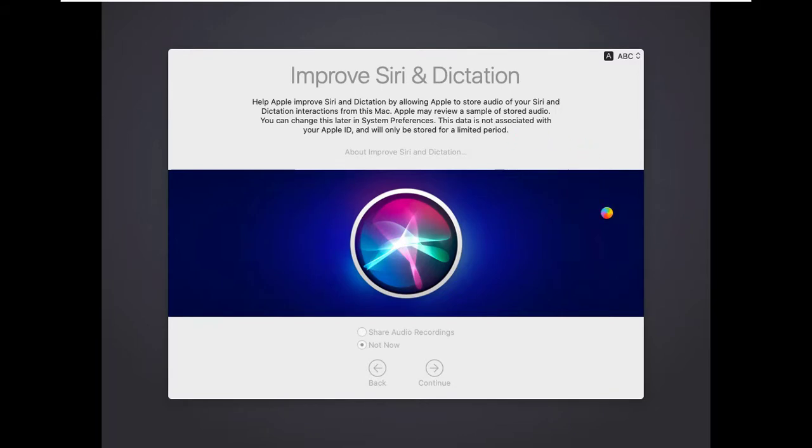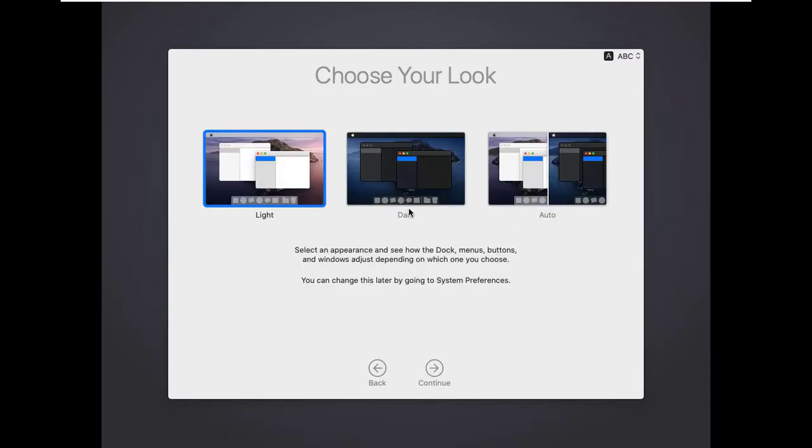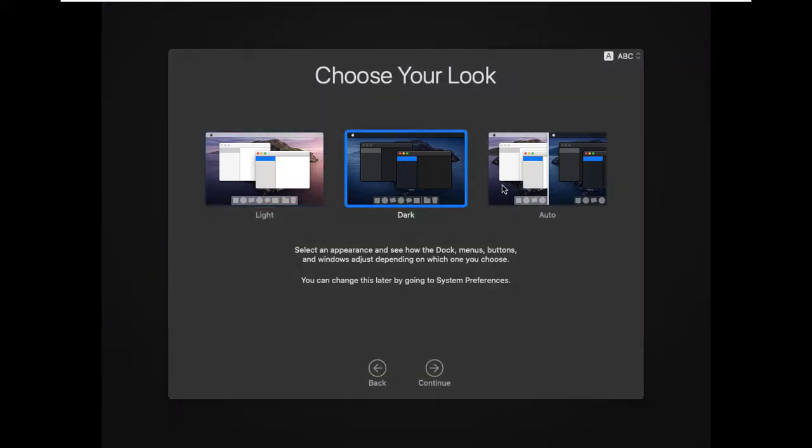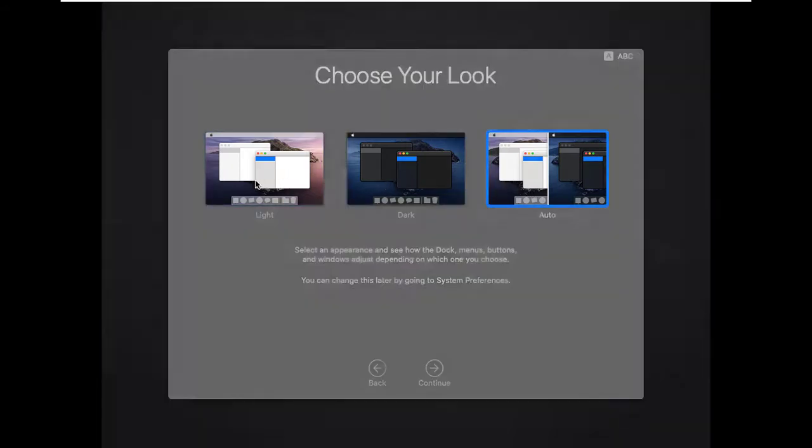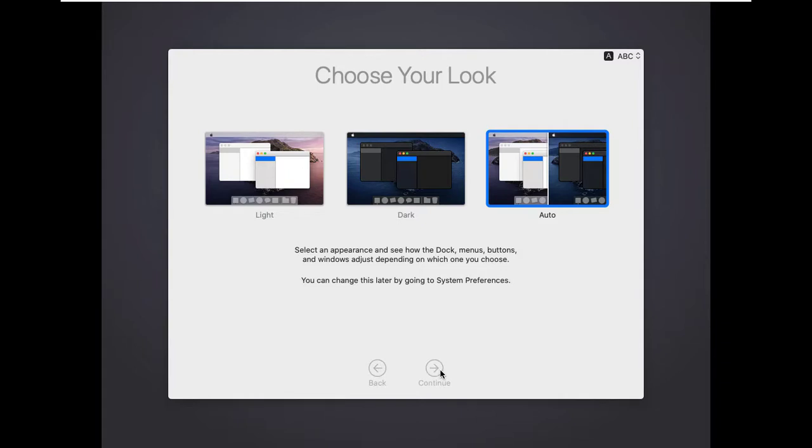Now the setup is almost finished. We will have the macOS desktop. You can use whatever theme you want. I will go with the light one. There are options light, dark and auto.